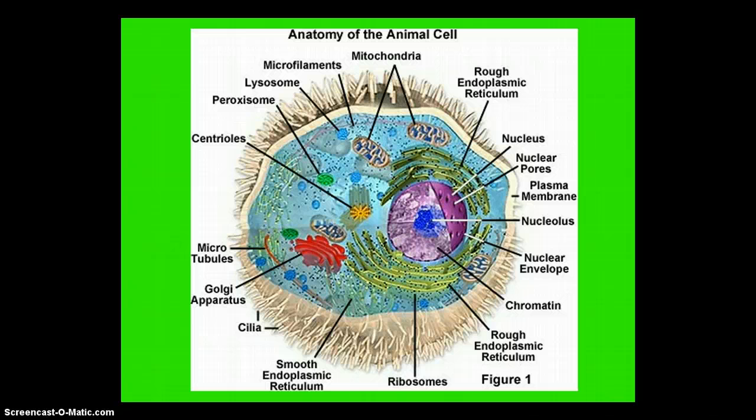So here's a picture of a eukaryote, and you'll notice that the eukaryote looks a lot more complicated than a prokaryote, and that's because it is. It has a lot more structures inside its cell, and those structures help it become more specialized and more functional, almost like a factory. This is an animal cell. A lot of times animal cells are more circular than plant cells, and you can see that they have lots of organelles. A plant cell does also, but